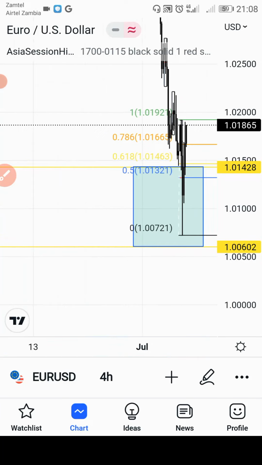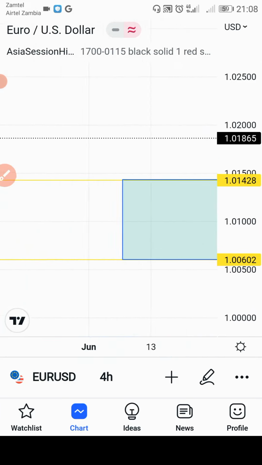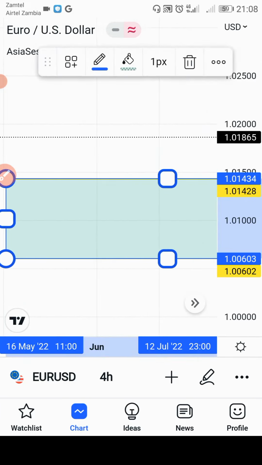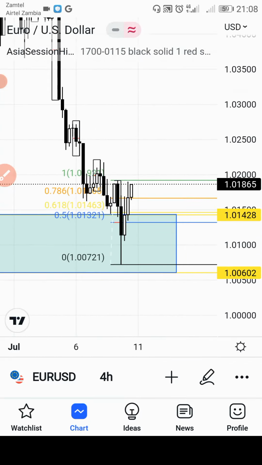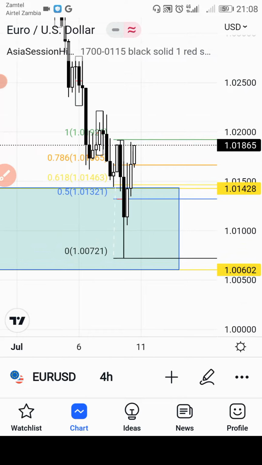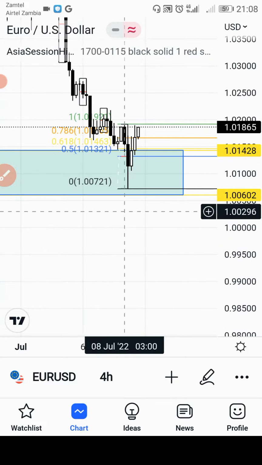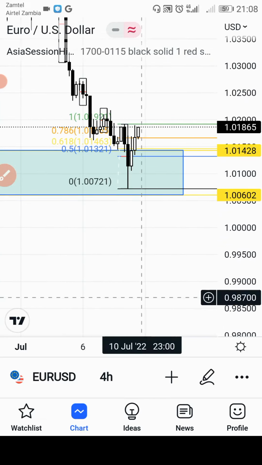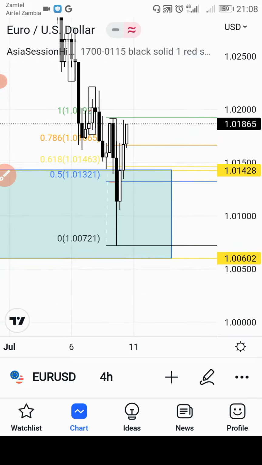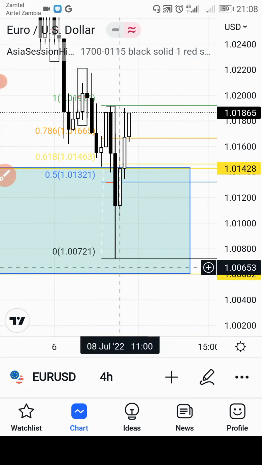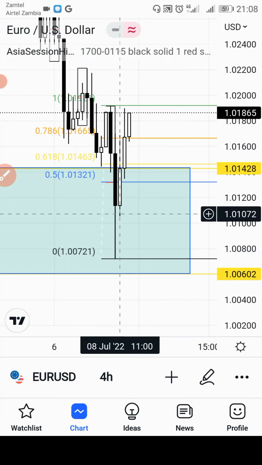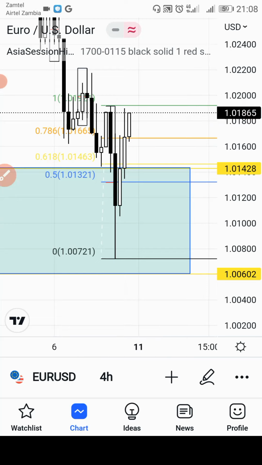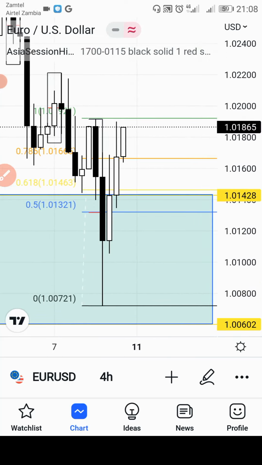So let me just extend this so it doesn't look awkward like some random box in the middle of nowhere. Yeah, looks much more fine like this now. Yes, so you can see we're in a higher time frame demand zone. There's some more demand zones lower, just somewhere here, and another one is somewhere here, but we're concentrating on our current demand zone here. You can see it wasn't taken out, and price reacted from the bottom of the demand zone for refine maybe, but you can see we are reacting to the demand zone with the higher time frames,